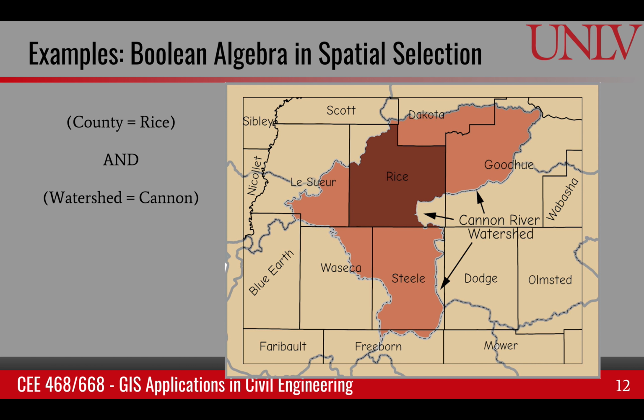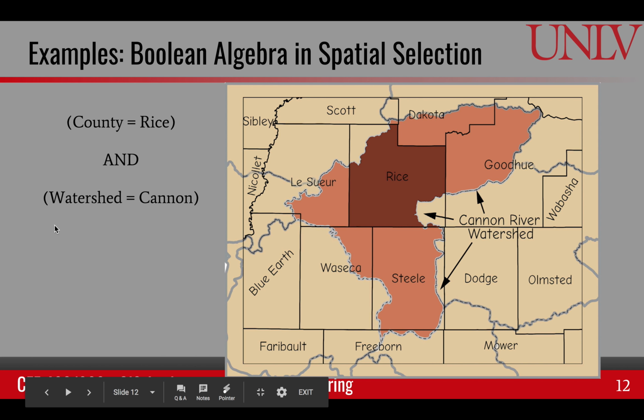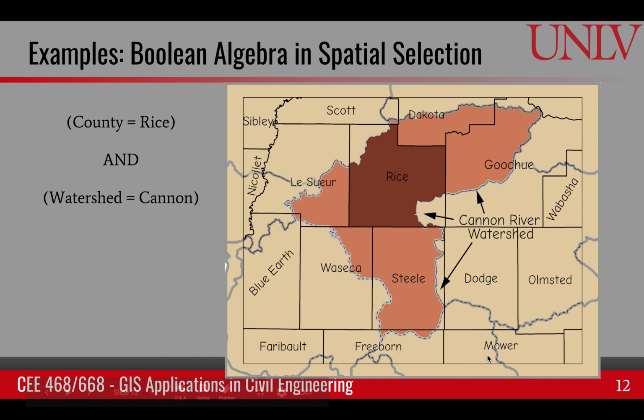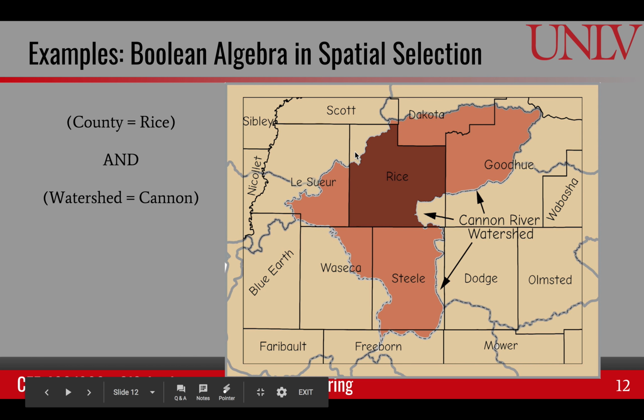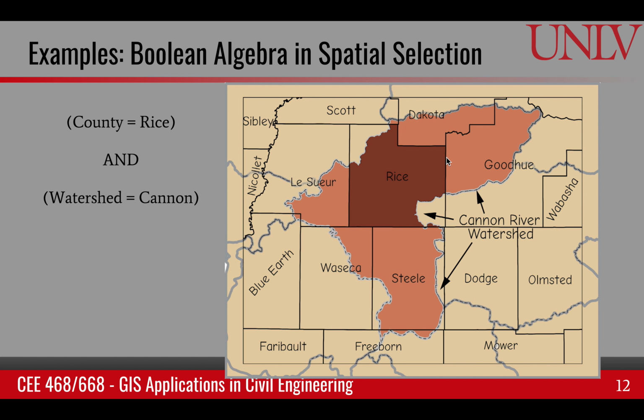Here's an example of Boolean algebra in spatial selection. Suppose we are interested in the polygons where the county is Rice, so Rice County. If you look at this shape, this is Rice County, and we also want the watershed to be canyon. So all of this orange area is the canyon watershed. And if both of these are applied, then it will be the intersection of these two features, and that would be this brown area. So hopefully this helps you understand how we can apply Boolean algebra in the spatial selection